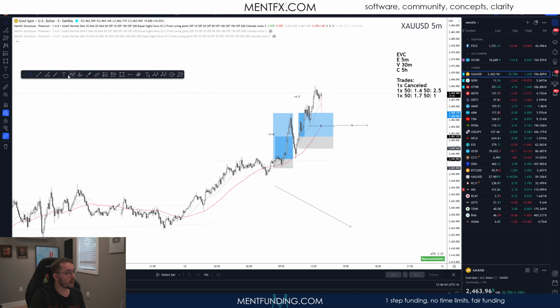The gain at the moment stands at around what? 1, 2, 3.1, 5.6, 6.6, around 6.6 R. So the gain on the current day, which by the way does not mean that this is just how you're making money every single day, because that's not how markets work, is around 6.6 R, which means at an R risk of 1%, you've made plus 6.6%. At a 1R risk of 0.5%, you've made 3.3%. At a R risk of 2%, based on the type of person you are and the type of trading you do, you just gain